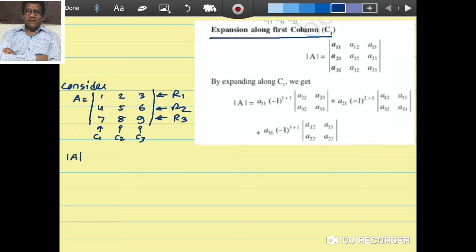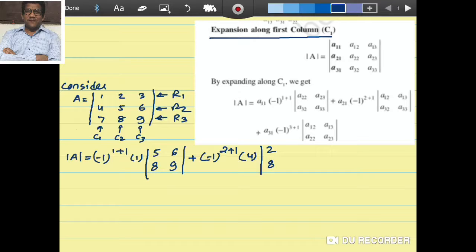Now determinant A is equal to minus 1 to the power 1 plus 1, times the element belonging to the first row, first column, that is 1, multiplied with the determinant obtained by deleting first row, first column, 5, 8, 6, 9, plus minus 1 to the power 2 plus 1 into the element which belongs to second row, first column, that is 4, and the determinant obtained by deleting second row, first column,